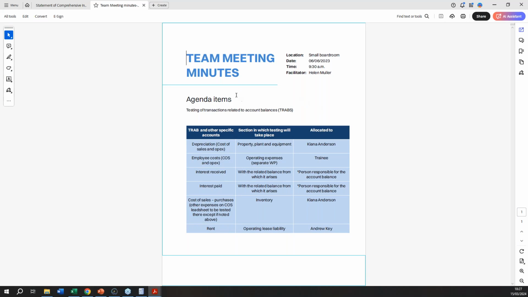Okay, so the agenda was to discuss where certain sections are being tested, because depreciation falls within PPE, but it also falls within operating expenses. So in order to make sure that the audit is efficient and running smoothly, we have allocated the sections across to people. So our TRAB, or our account, so depreciation, which is sitting in cost of sales and OpEx,